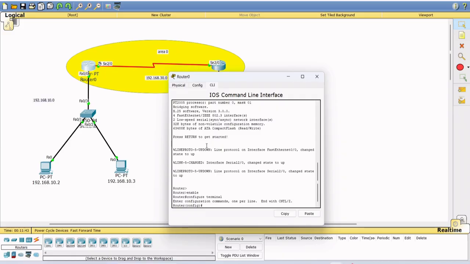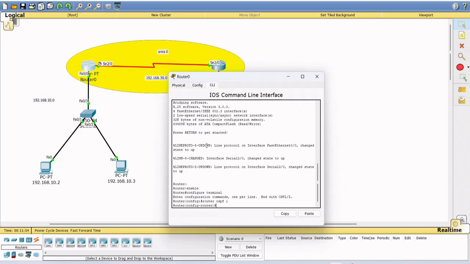Now here we need to mention the protocol, which is router OSPF, and I'll write OSPF 1. Then we need to mention the networks through which this particular router is connected. So network, then I'll mention the network addresses, which are 10.0 and 30.0. So